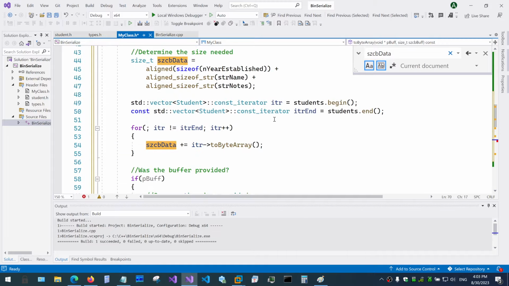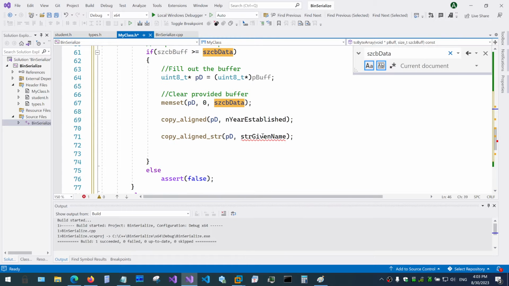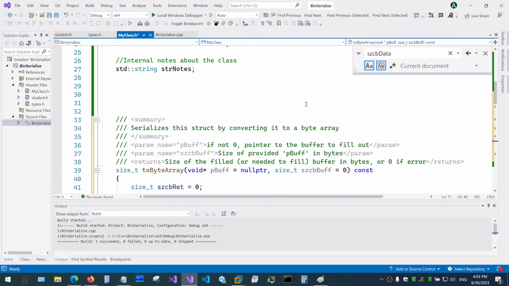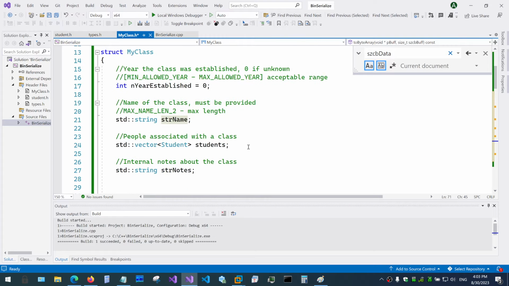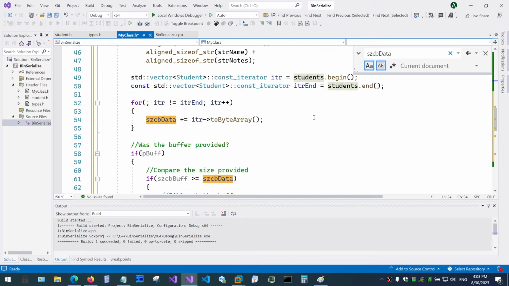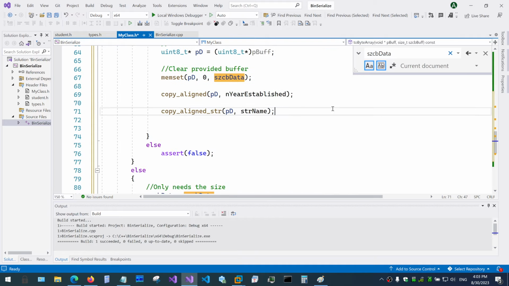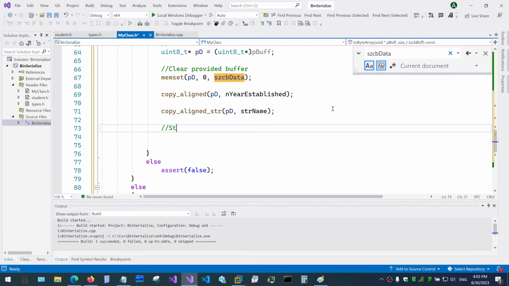Right, and we have our name. Now we have to remember, again, we don't have to specifically follow it, but let's just follow the structure or the order in which these variables are present in the class. So next we need to copy students. And let's just say students array. And in this case,